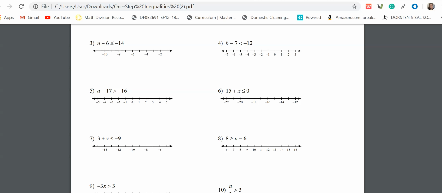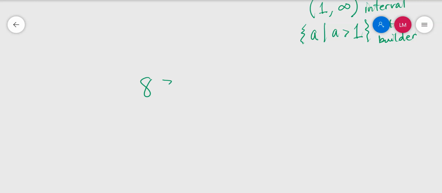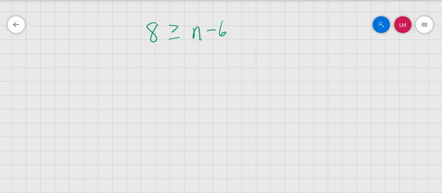So let's try number 8. Number 8 says 8 is greater than or equal to n, was it plus 6? Minus 6. Here we go. So for this one, I'm going to change colors. I see that it's n minus 6, so I want to add a 6 here, add to the other side. This is now gone. Drop the n down on the right side, staying there, and then 8 plus 6 is